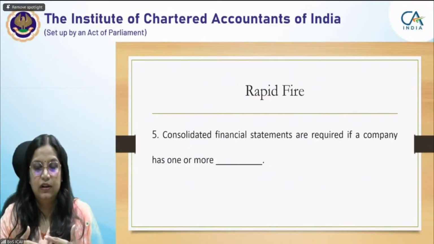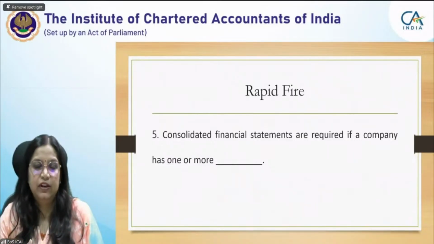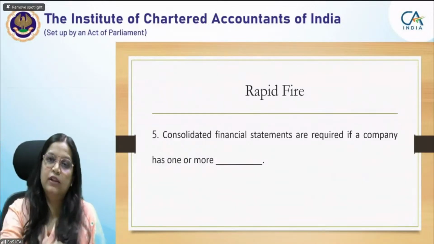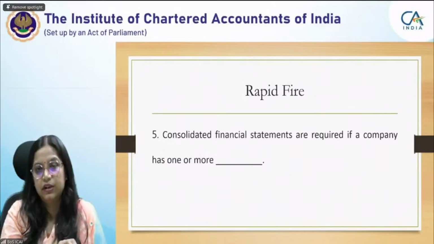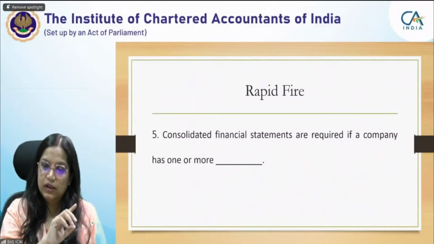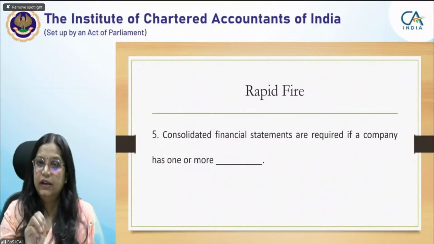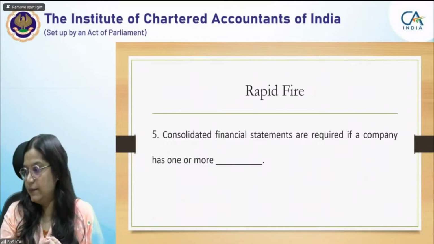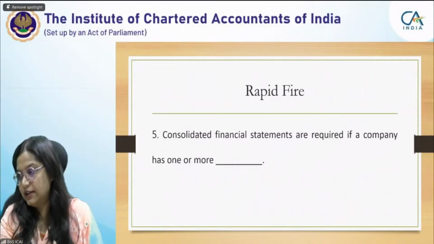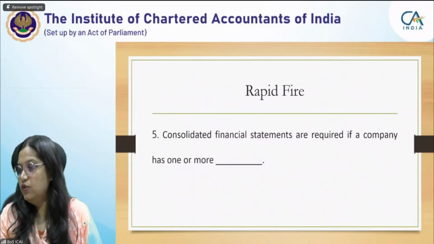If you have remembered it even through these MCQs or fill in the blanks, automatically your mind will go to that. So CFS for all subsidiaries, be it a partially owned subsidiary or wholly owned subsidiary. I'm not talking about the exemption part here. So always keep on revising the provisions whenever you get time. So, ma'am, CFS provisions will be applicable for both wholly owned subsidiary and partially owned. Correct, Anil, that's why they are saying all subsidiaries. So that's all from my side.